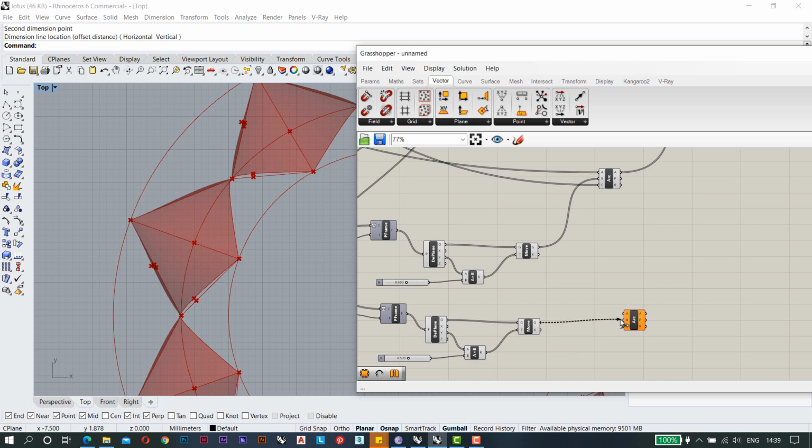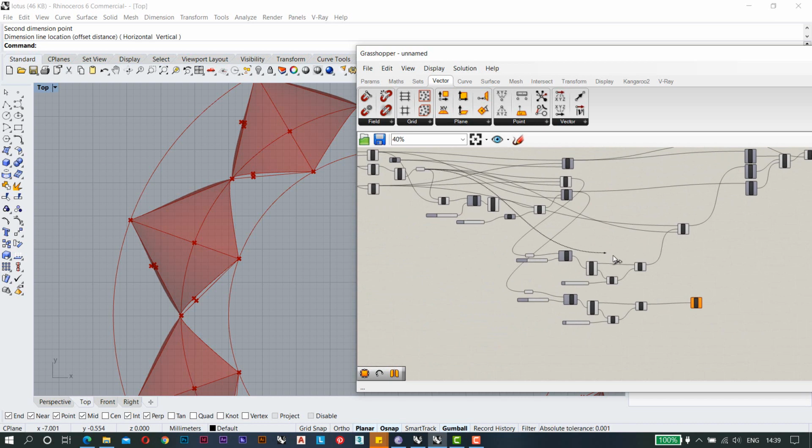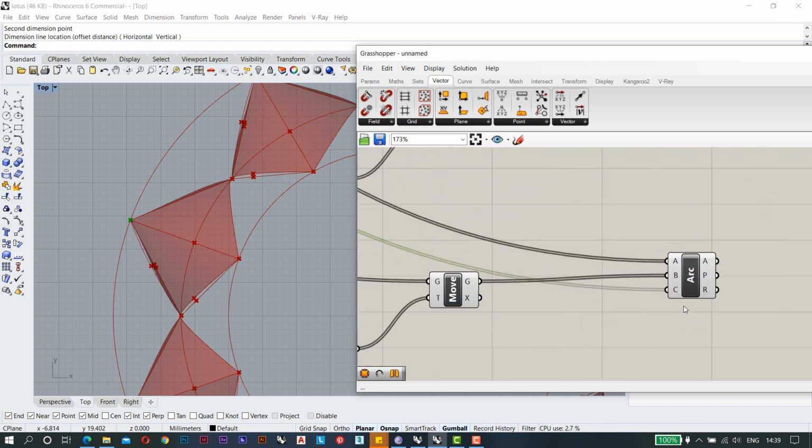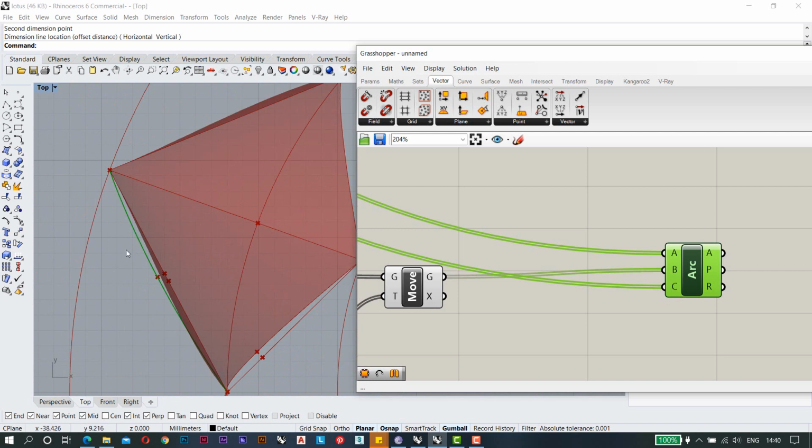So this will be again your center point, but we need to find out this point. So it will be this one, which is the starting point. We have already our middle point, and we need the bottom one. So the bottom one will be this one. I'm just dragging it and putting it here. Now if you see, this arc is not straight, it is in the curvature.